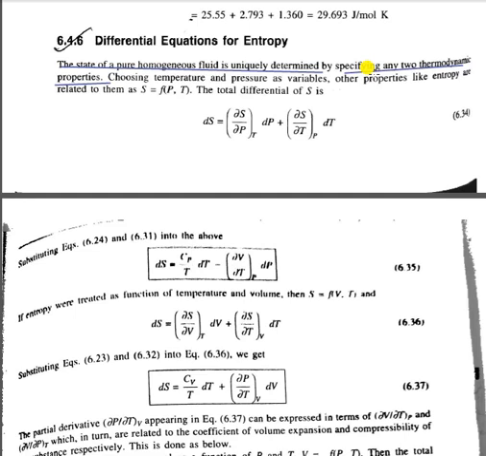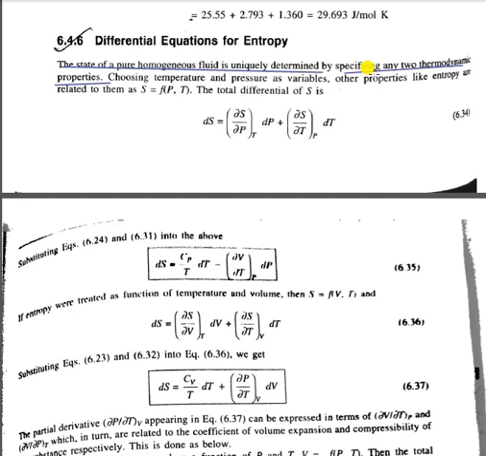For constant temperature and constant pressure, it can be written as dS = (del S by del P at constant T) dP plus (del S by del T at constant P) dT. Okay, now the next equation is substituting the equations